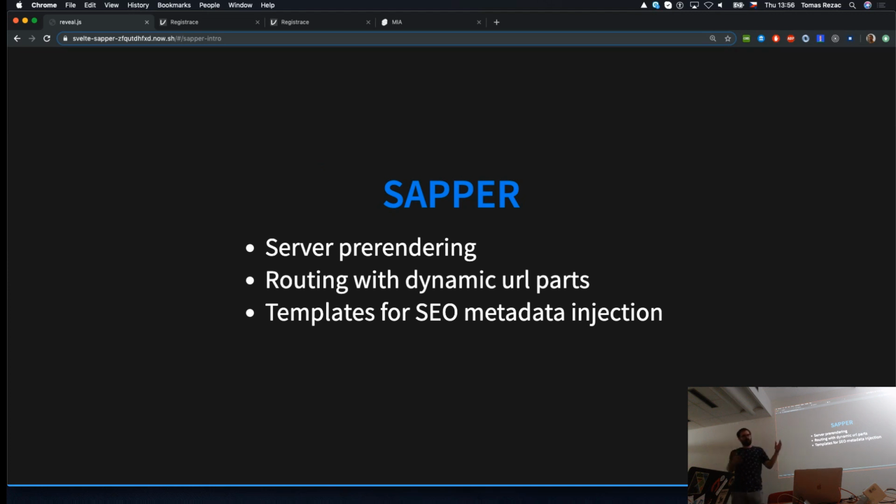In a page which is in the folder structure of the routes, you simply inject some special HTML tag, metadata, which is in a different, how to say, scope, and it's not rendered to the page, it's just passed as data to some template, which then shows it in the real generated index file.